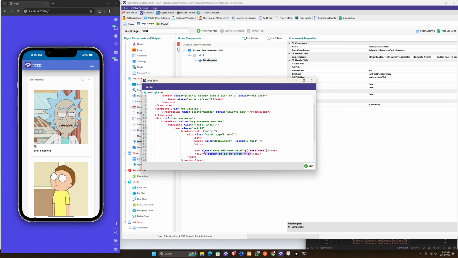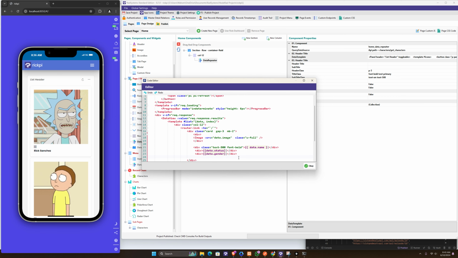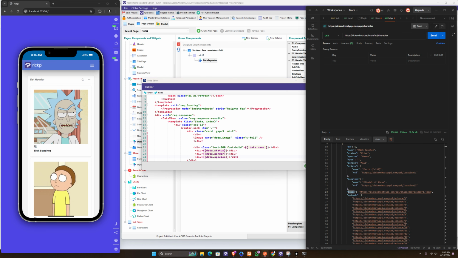So we're going to come here, do data dot status. So that should give us the status, whether they are still alive. Okay. Come down here and let's do data dot gender. Okay, let's go down and do species, right? Data dot species, and finally